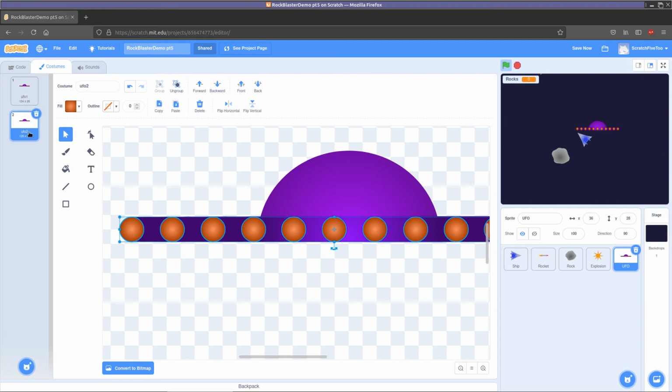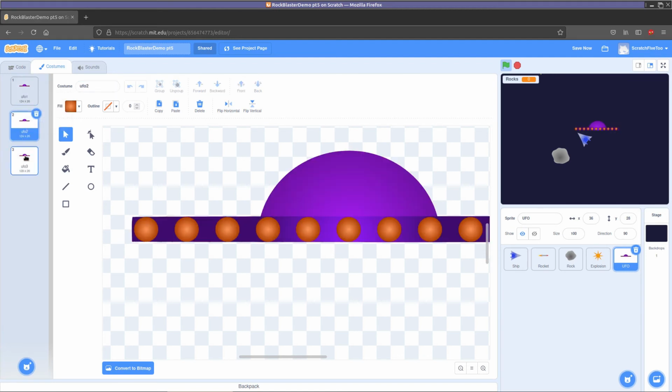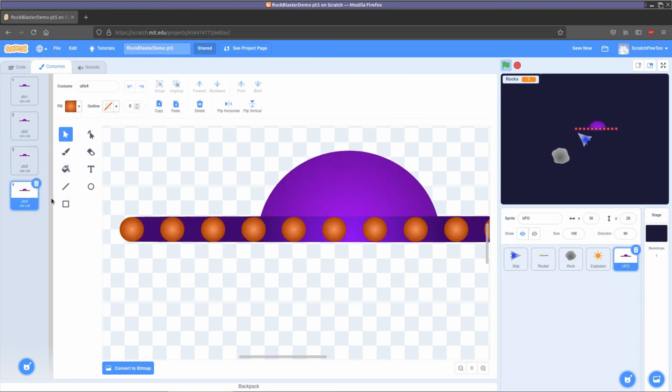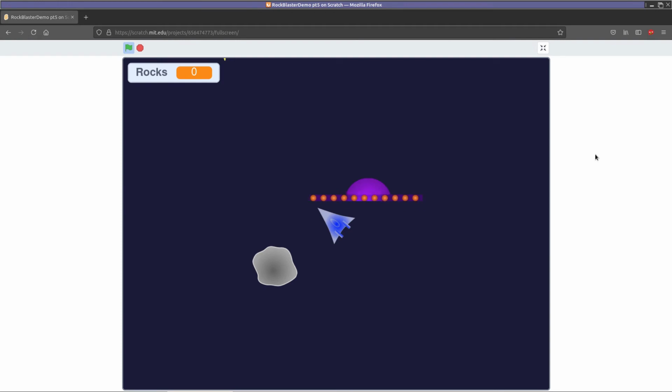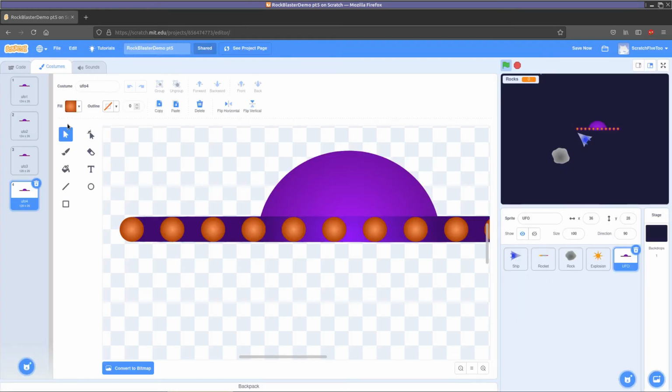Now, let's change the name of this one. We're going to call it 3. Now we can duplicate this frame and duplicate this frame, and that should slow it down. So let's see how that looks. That kind of has the effect, except that one of the lights is popping out, and it has a strange